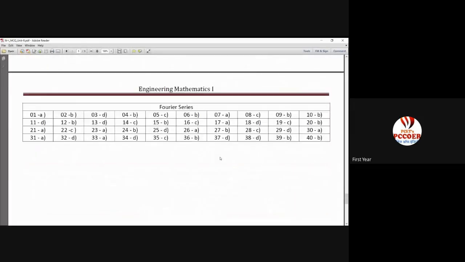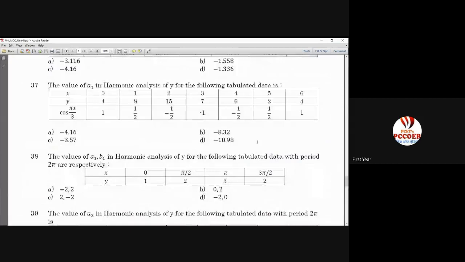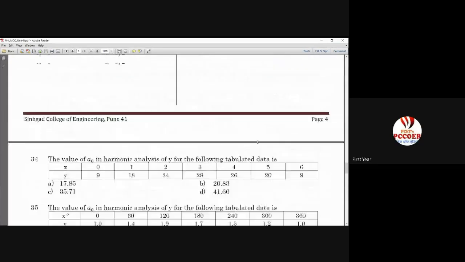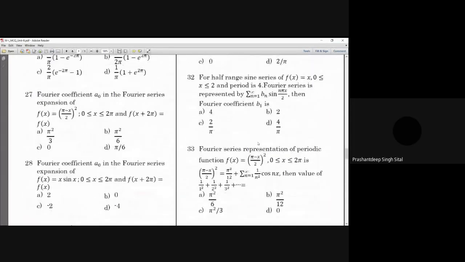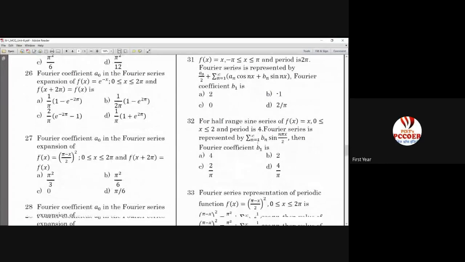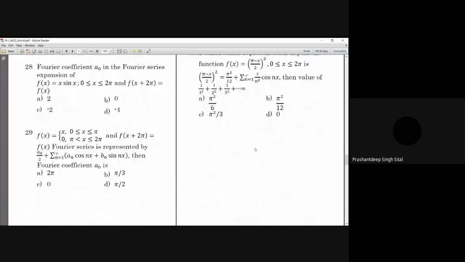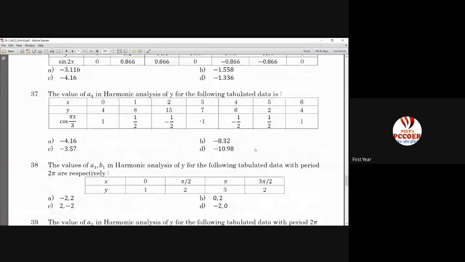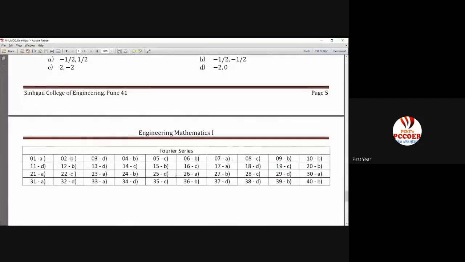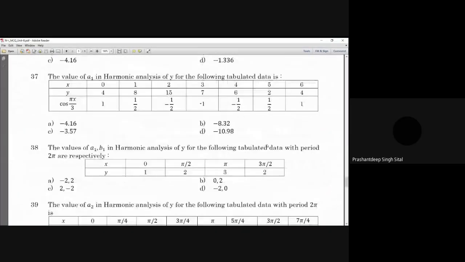Everybody, how should I show you what answer I have got? What is the question number? Yes, ma'am. 4 by pi. Everybody is getting 4 by pi. 32. 32 था ना? हाँ मैम. 32 का ऑप्शन क्या लिखा है नीचे? 32 is D. मैम B दिया है. It's 4 by pi is the answer.